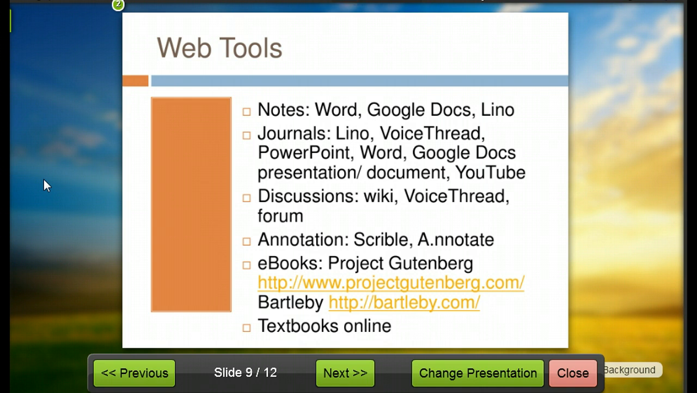VoiceThread lets you post images or PowerPoint presentations or documents or videos, and then it lets you talk about those. So if you want a more interactive journal, students can put their journal entries or even their notes onto a VoiceThread and then invite other students to comment on those notes or on those journals. They might have some journals that they really want other people to see and comment on, and VoiceThread makes it very simple and easy for students to be interactive with that journal